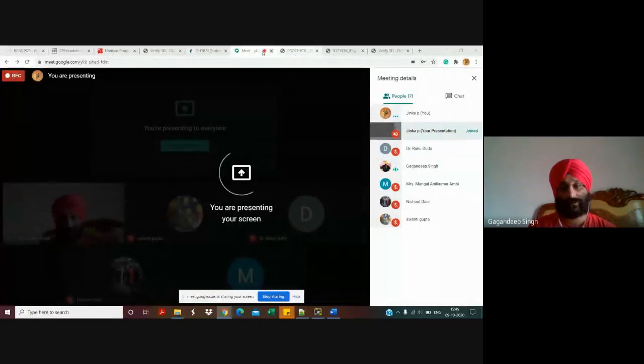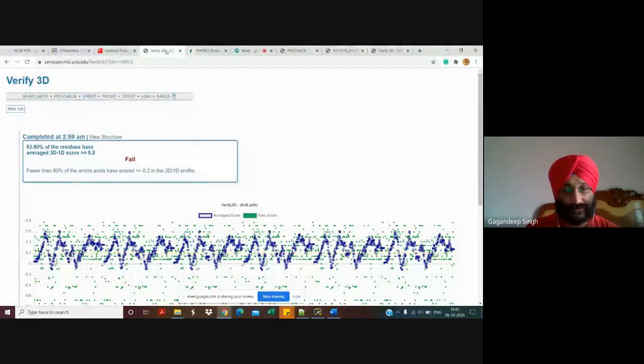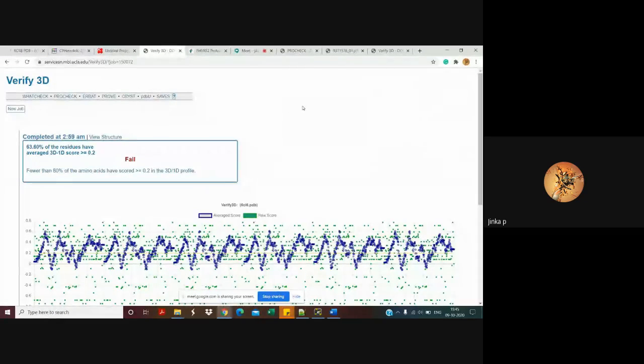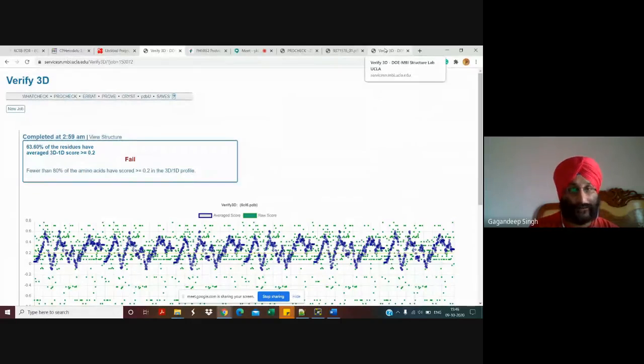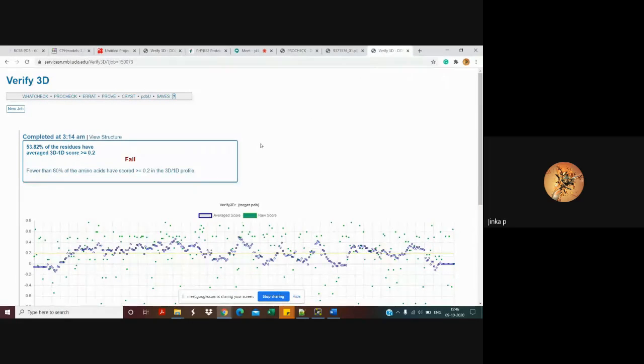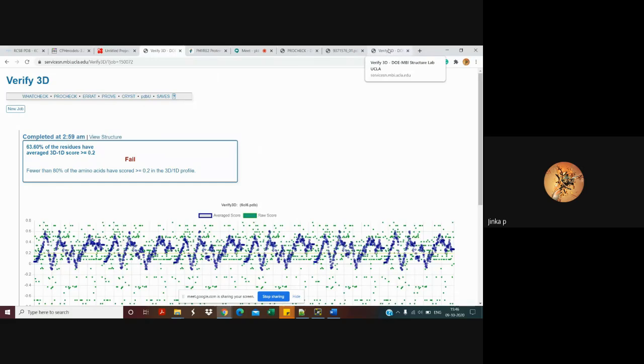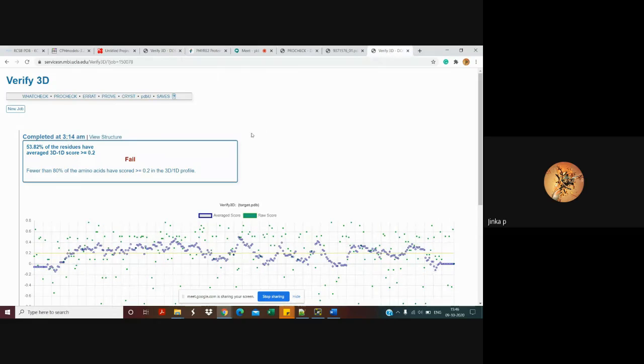I'll present my screen. Yeah, please present. Actually, I tried for 2 models. Both failed for me. No issue, this is not a big issue. So this is one, 63%. Okay. So this is another one. One model is from PDB, where I took the protein, and that failed. And one is the hypothetical protein that failed.